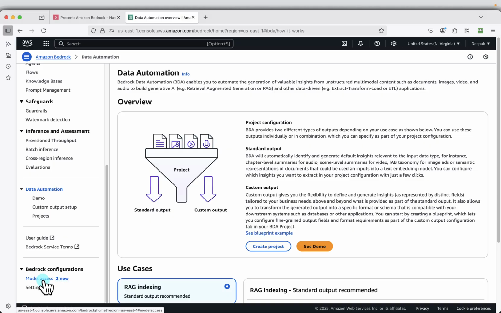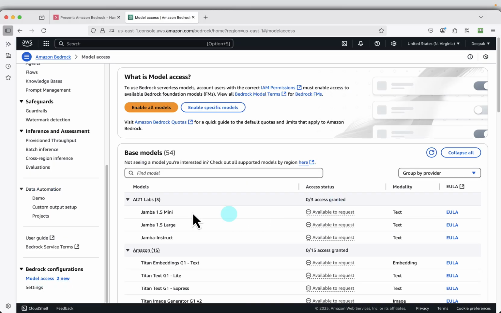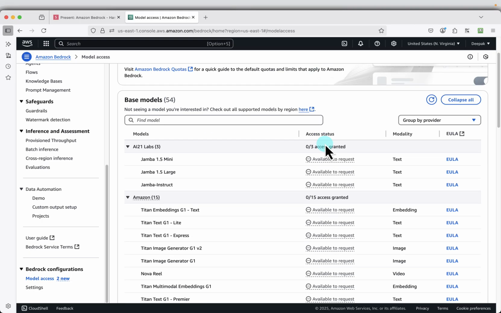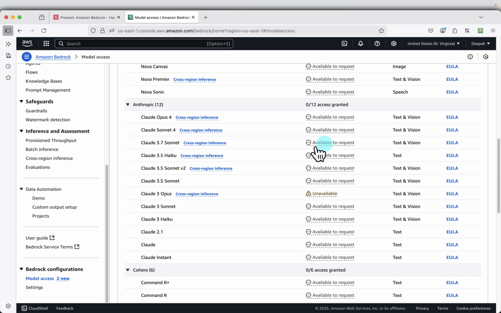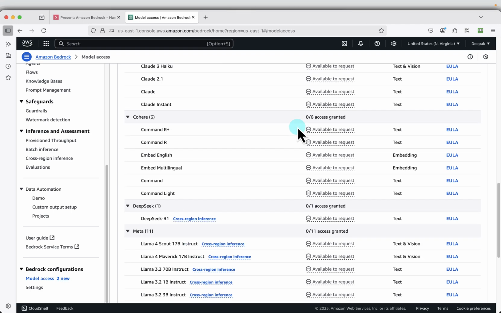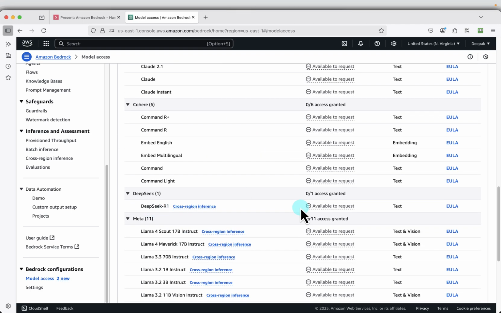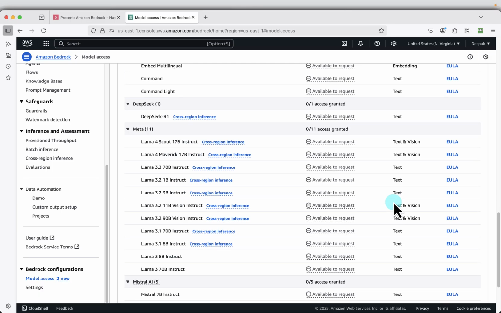For this, click on model access, and you will see all the models that are hosted. Currently 54 of them are available for request. The first step is to request certain models. You can see Anthropic's, all the latest models are available, and other companies' models, and DeepSeek R1 is available to request. But I will be using the Meta's models, so I'll use 3.3 70B instruct and